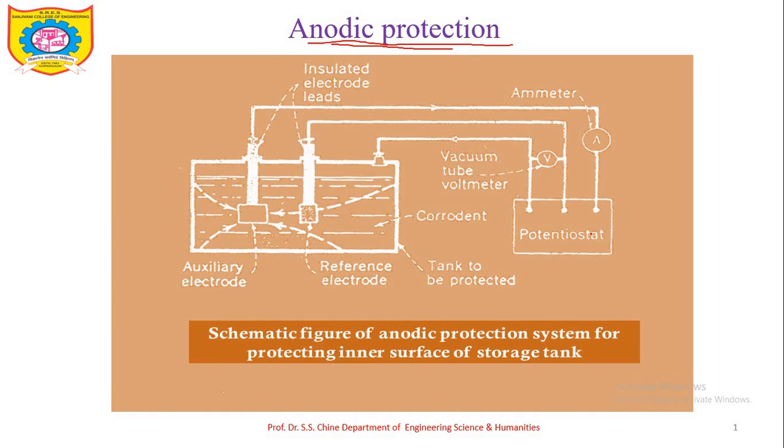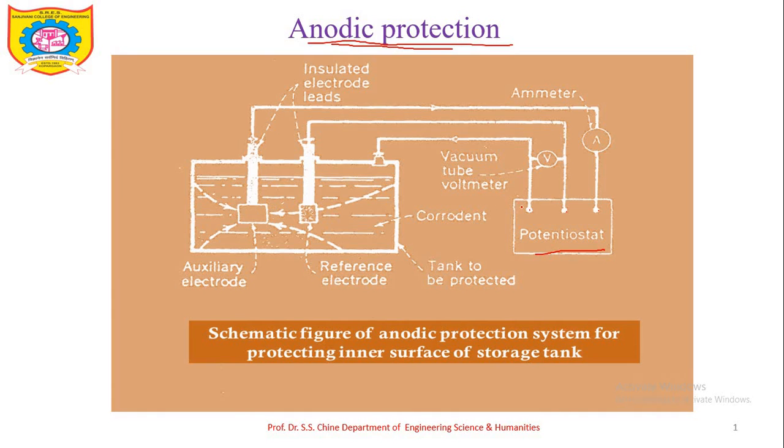So in this diagram you can see the device, that is potentiostat. Now this potentiostat is a device which maintains the constant potential with respect to the reference electrode. So in this diagram you can see there are total 3 terminals. This first one, then second and third. So these 3 terminals are connected to 3 different electrodes.